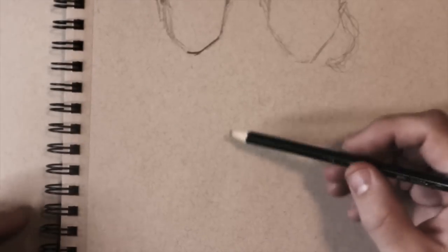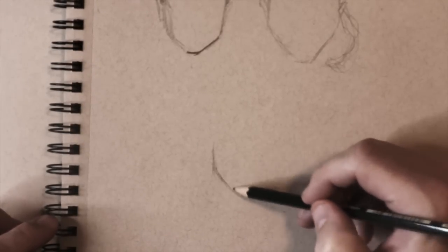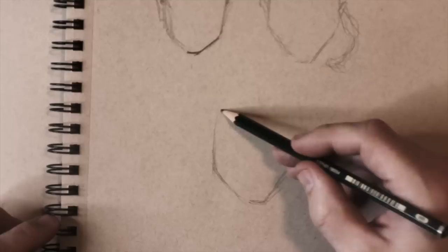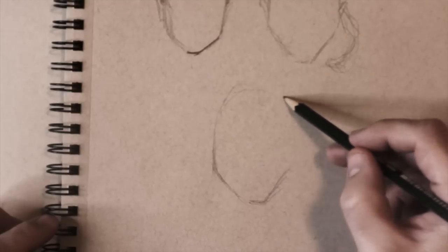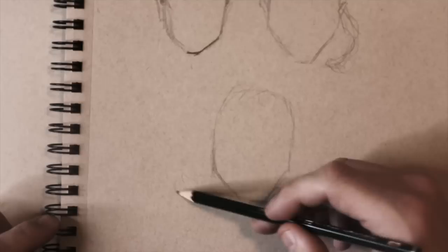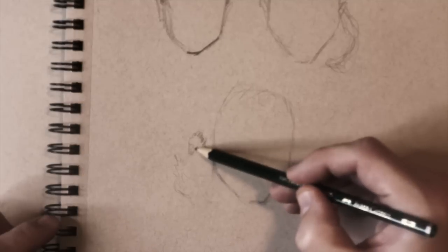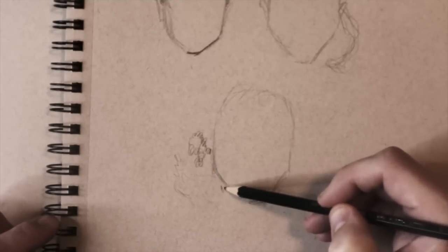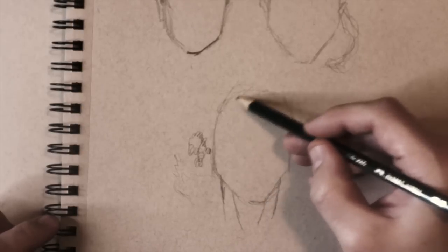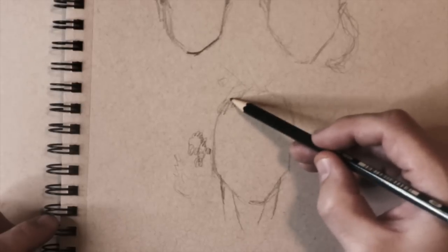So a lot of you guys saw a daily sketch I did of Robin Lopez the other day, and his hairstyle is this kind of curly afro style hair. And for his hairstyle, I did a bunch of this swirl technique. Say you got a big neck here, his head, and his hair kind of comes straight out off his head. So there's a lot of shadow on his forehead